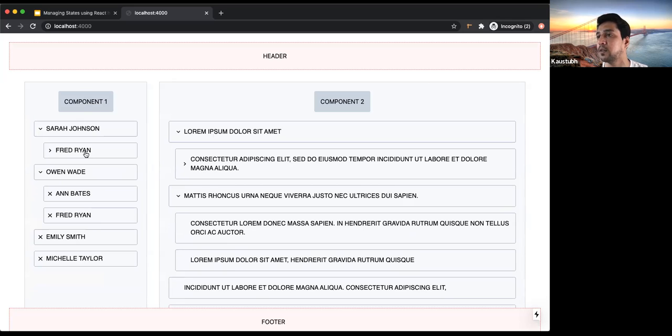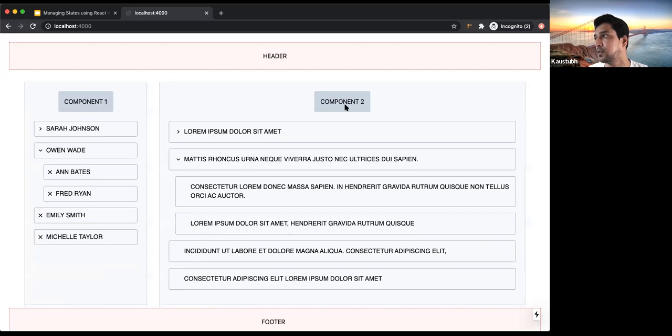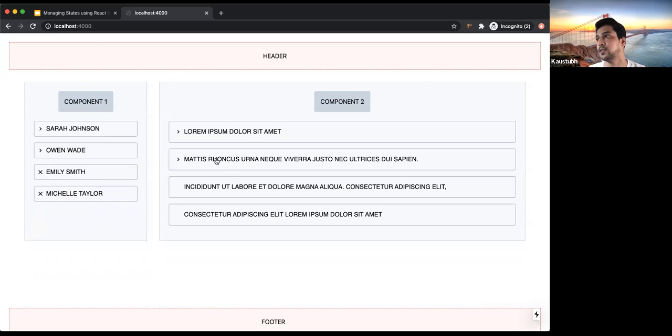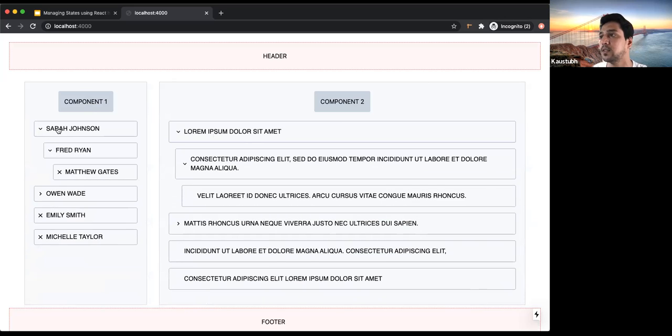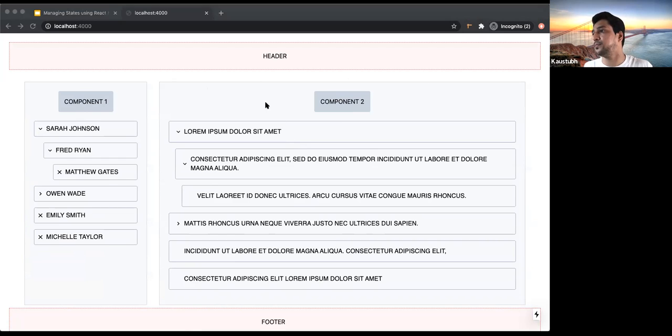When I click on any of the components on the left panel, my right component also gets re-rendered and triggers its state changes. This is managed using the useReducer hook, and I have wrapped these two components using the useContext API hook that we just saw. Pretty simple. I'll just walk you through the code.